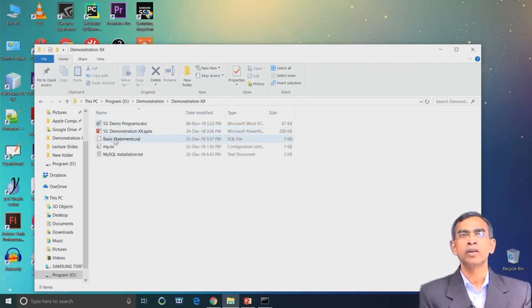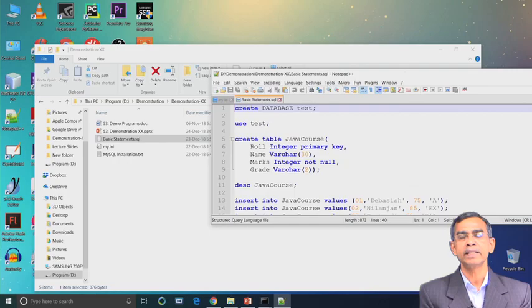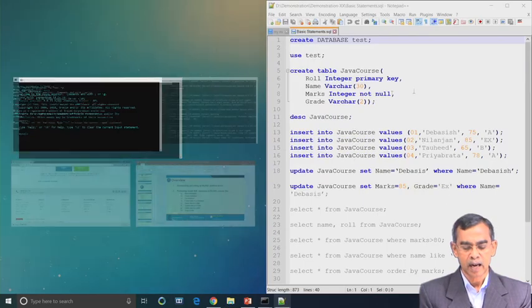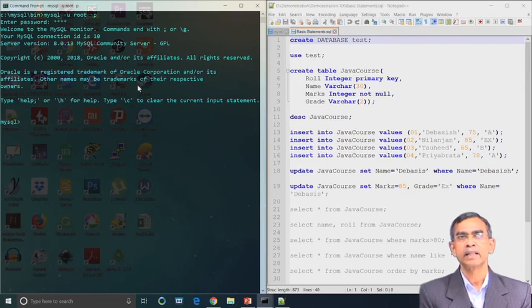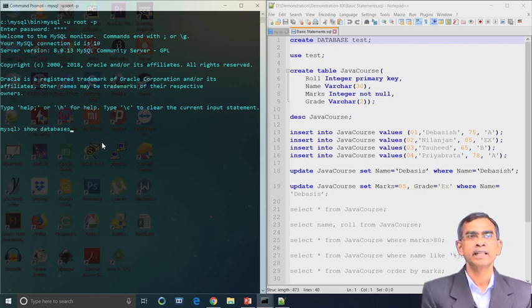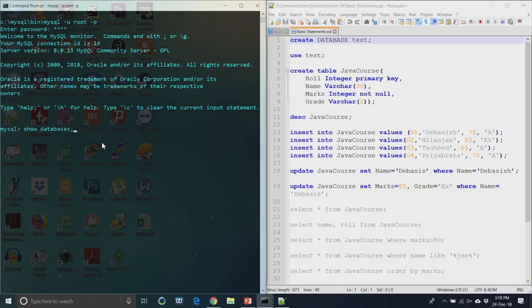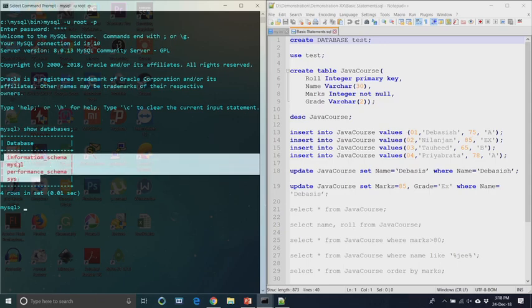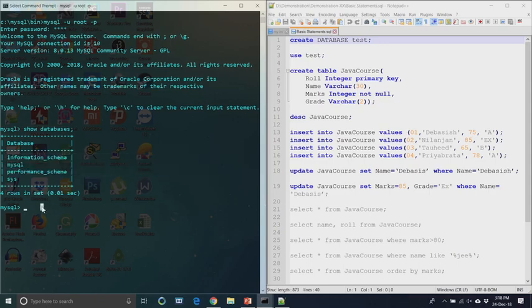Now, our first step: initially the server is prepared, however, there is no database and no table under this database. So, we should see if there is any database at the moment in the server. Absolutely, that is not there. There is a default database, but we have to create our own. So, now we are going to create one database of our own. Create, let it be test, database test.